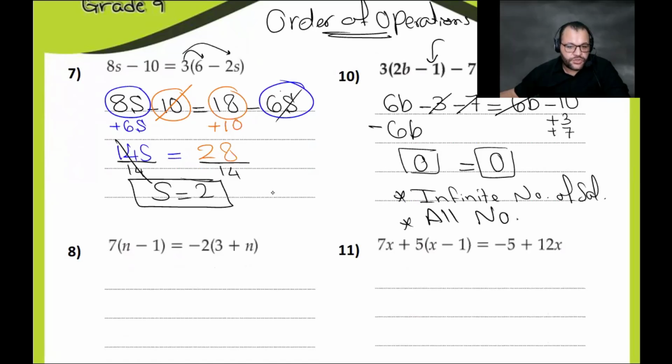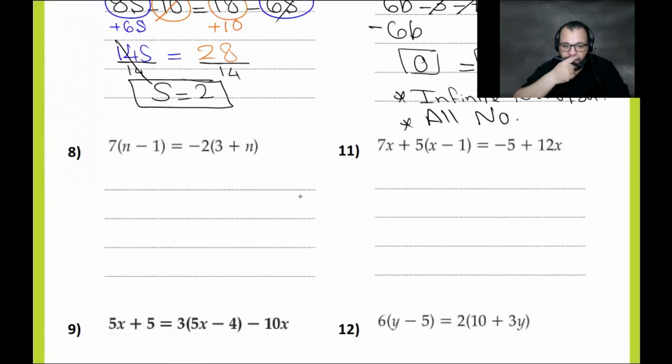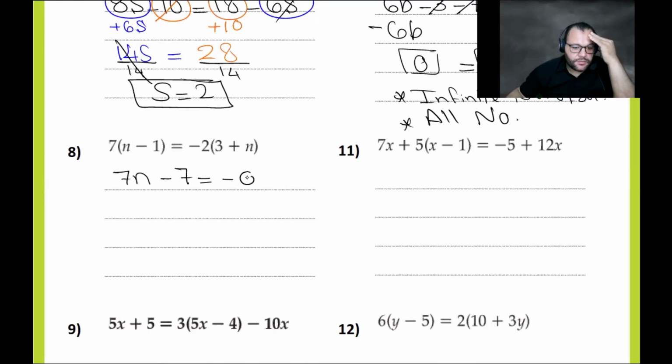So we need to solve question number 8. So you do 7 times n, which is 7n, and then 7 times 1, which is 7, and then you do minus 2 times 3, which is minus 6. No, minus negative 6. My bad, 6, not minus. And then negative n times